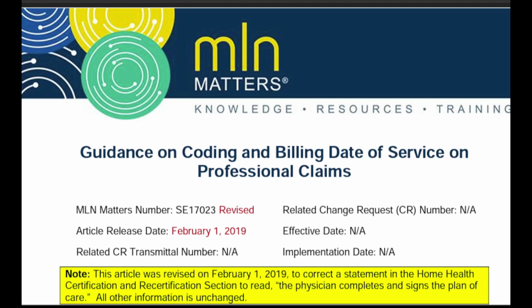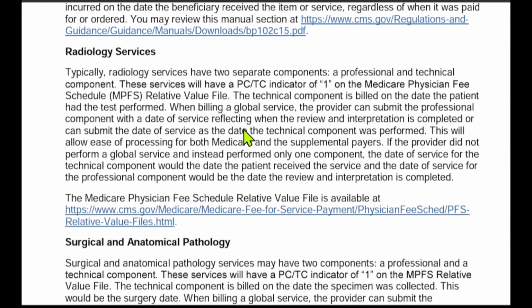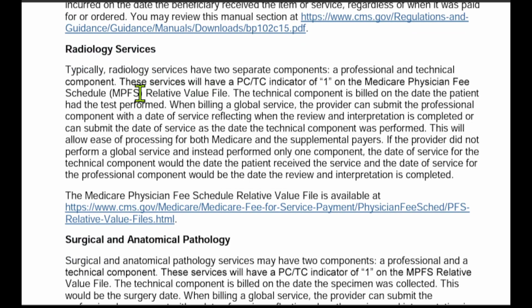And if you scroll down, and let me get to that right here. If you scroll down, you will see radiology services. And same thing with surgical anatomical pathology. Usually you're splitting the performance of the procedure or provision of the service from the actual interpretation of the results of that service. So there's the TC-PC component going on, the professional and the technical component split. And this section reads,